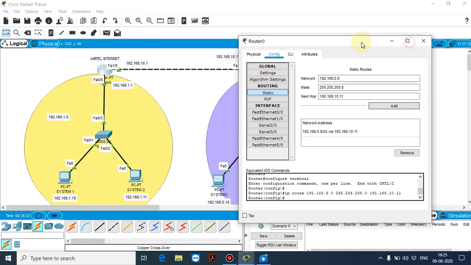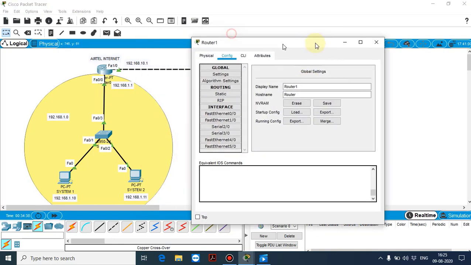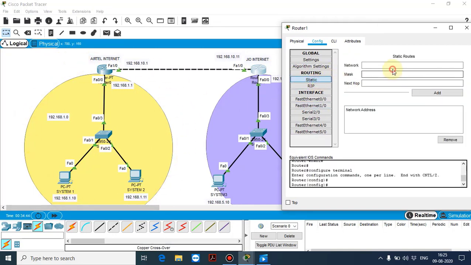Successfully we have added the first router. Similarly you have to open the second router. You need to update the information of the Airtel internet. Go to static. What is our network? Our network is the 1.0 series, that is 192.168.1.0.